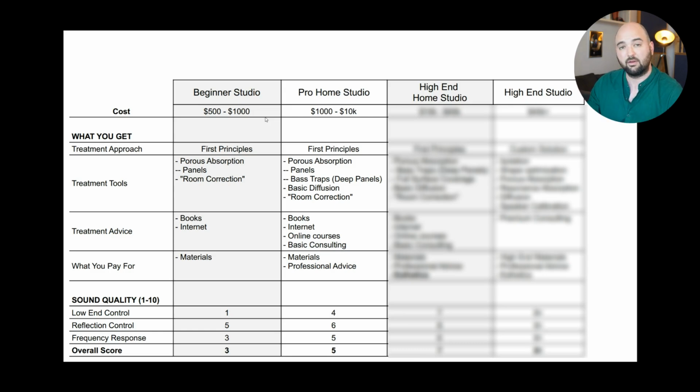In terms of where you're going to get the advice, you're still looking at books. You're still probably going to be reading on the internet, reading blogs, reading forums, watching YouTube videos. You might get an online course from someone like me, like Build a Better Bass Trap or Absorber Placement Hacks,